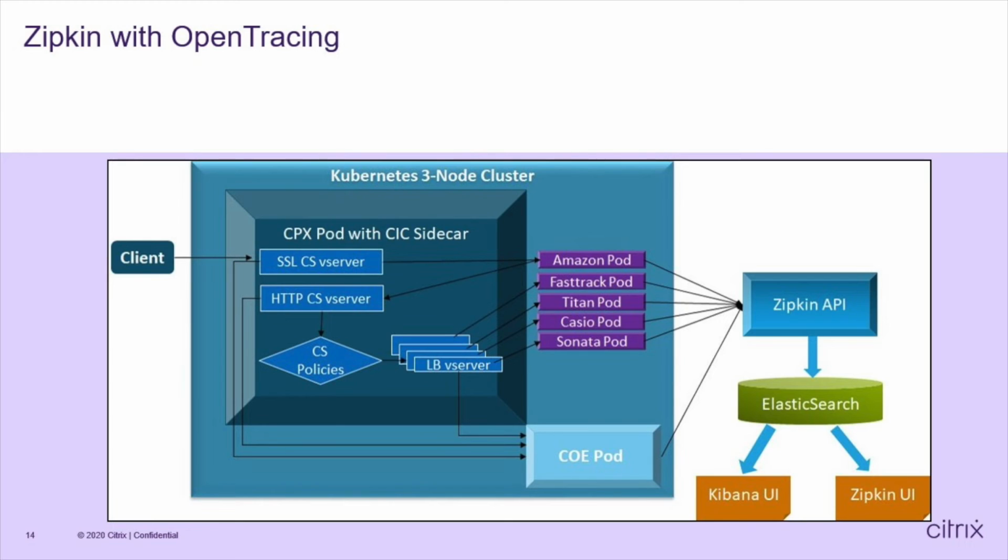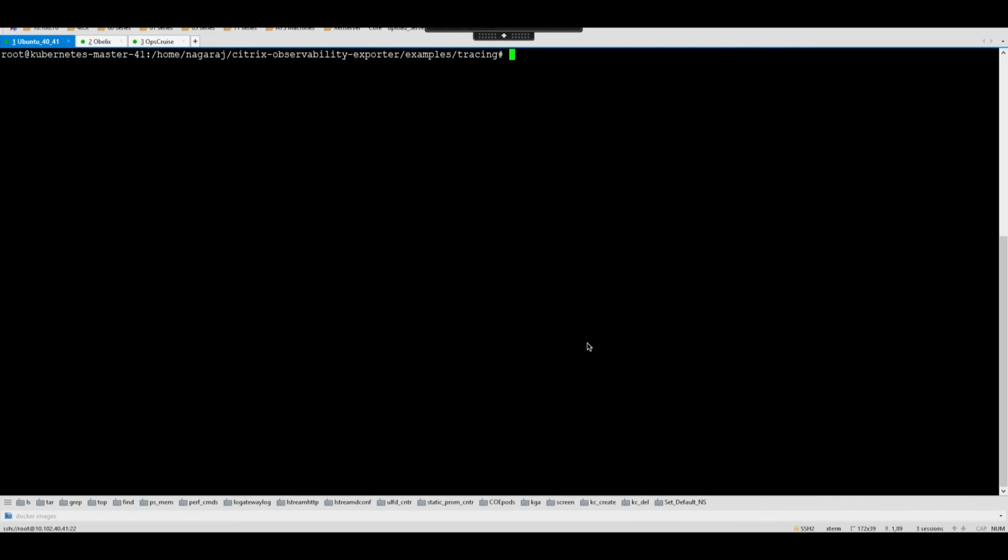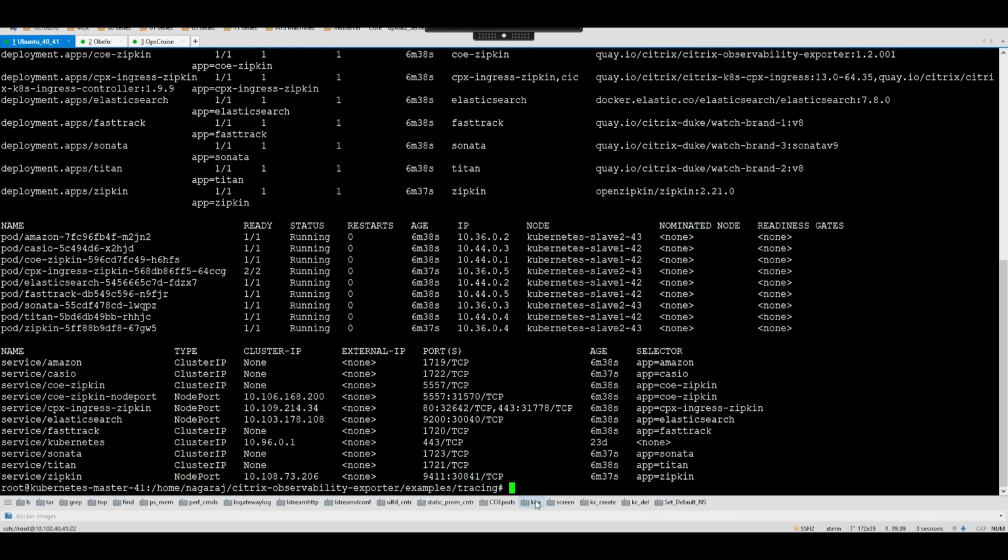So to demo this, we'll use Zipkin as the endpoint and see how we get the end-to-end data flow for your application. We have pre-deployed a shopping cart application for watches. So we have multiple pods, namely Fast Track, Sonata, Titan for each watch type.